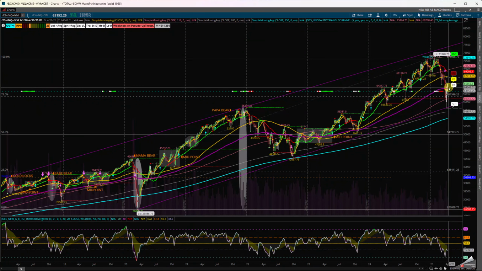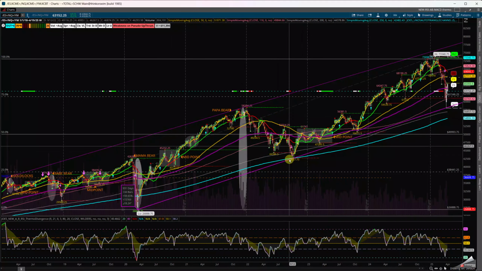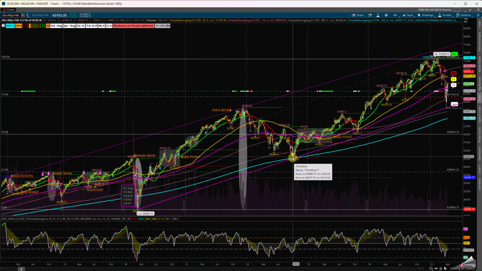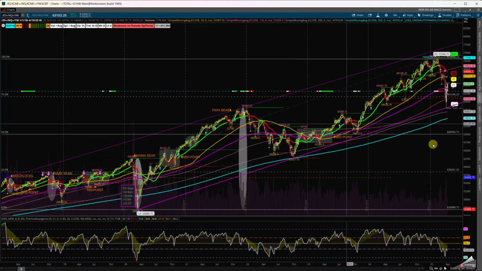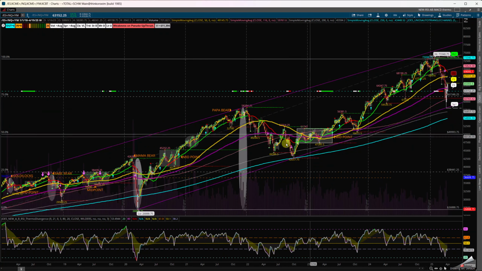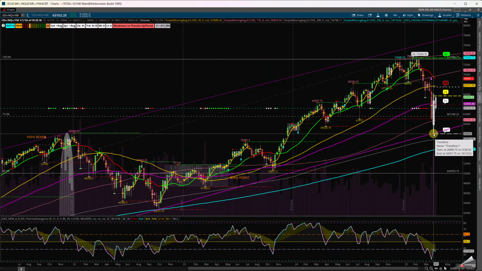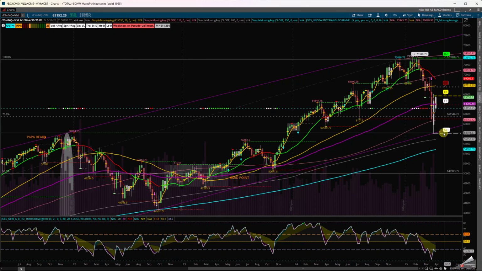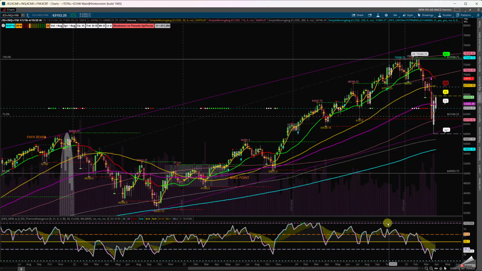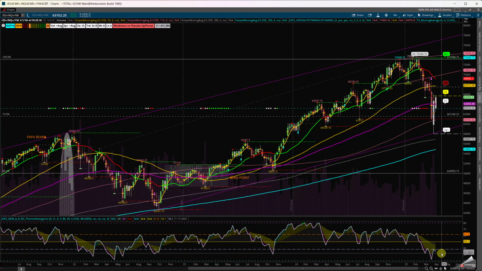In case things go south, usually the 200 and the 250, whenever they are attacked or touched, sometimes we fail them, sometimes we end up touching them and reversing back, because if we end up making this bottom right here on that linear regression channel every time we touched it on the weekly and we do not retest the backside and we end up breaking out, I'm looking to clear F5, F6 to 50 SMA and coming back up in order to continue. On the weekly, we can see that the slope is a little bit steeper